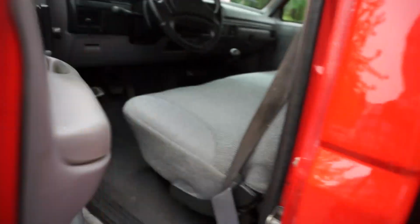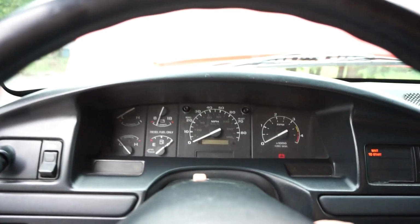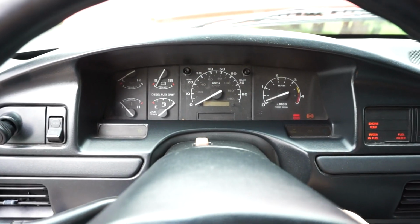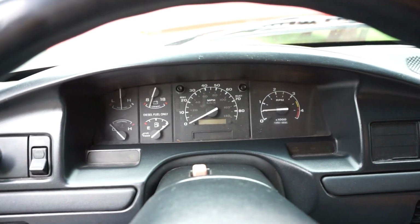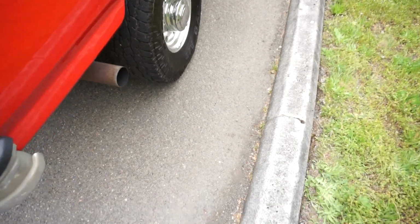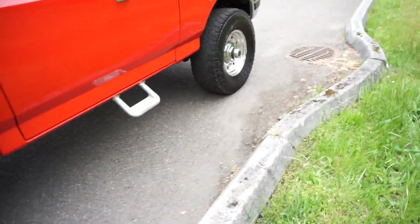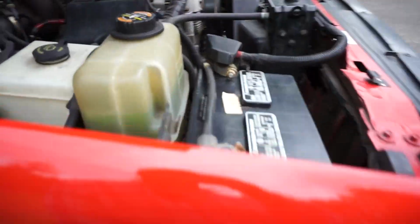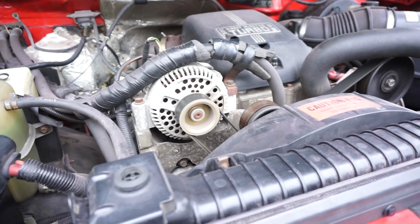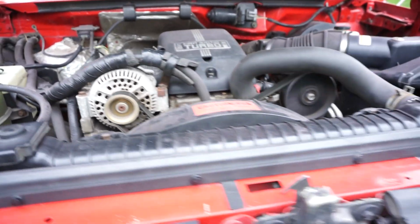So I'll hop in here and give her a little fire up. We'll also do the driving video. Obviously we'll let it warm up a little bit. You just gotta wait for that light to go out. It just has that wonderful, clean Power Stroke roll to it, that 7.3. No loud cackle, no shaking, no rough idle. It's running nice